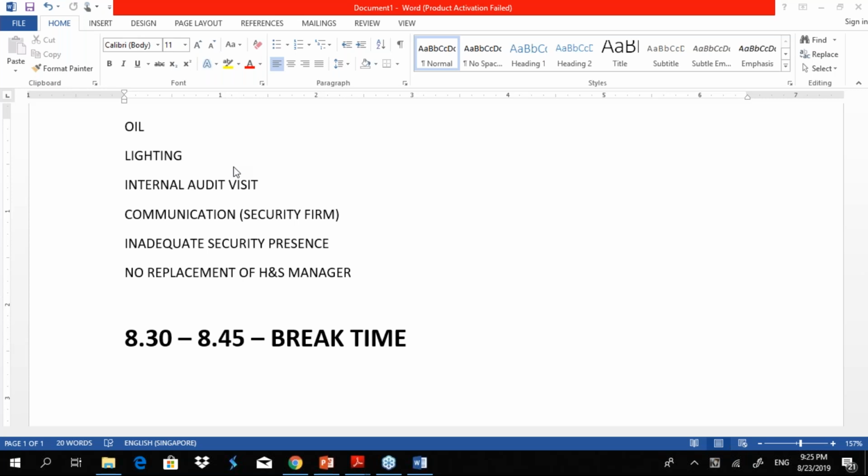And if you keep the staff informed about their visit, then staff will take action in terms of compliance of whatever needs to be done.